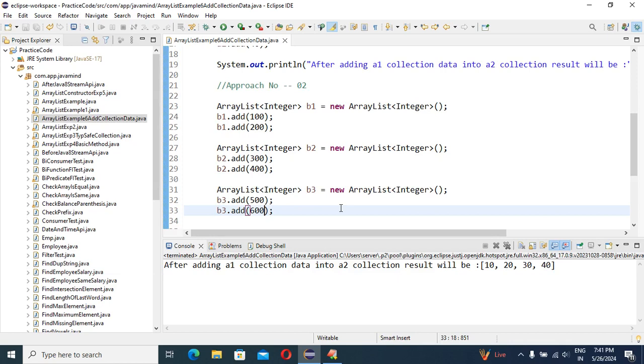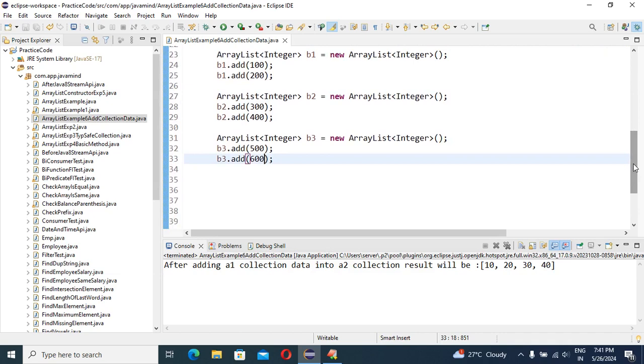I will explain how we are going to use it. The add method is used to add only one element. So guys, what can we do now? See carefully. Here we will add